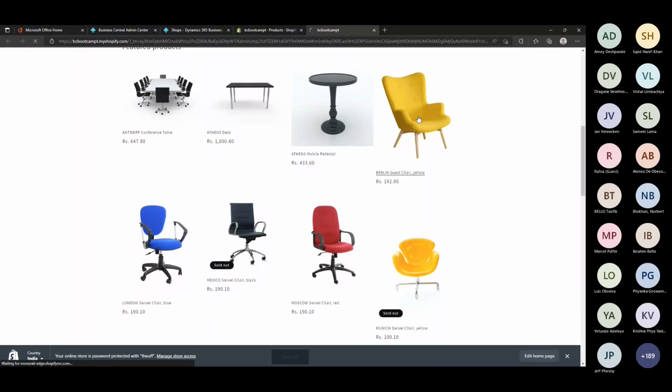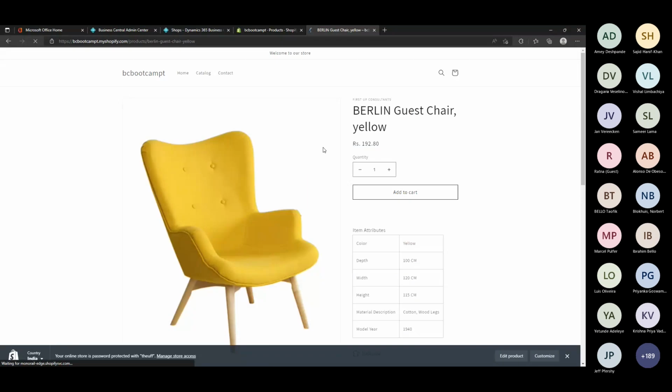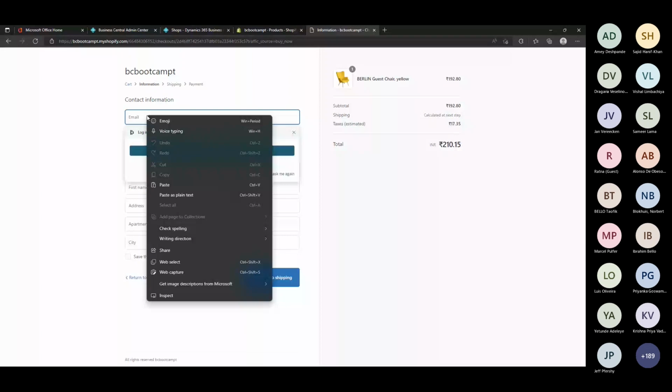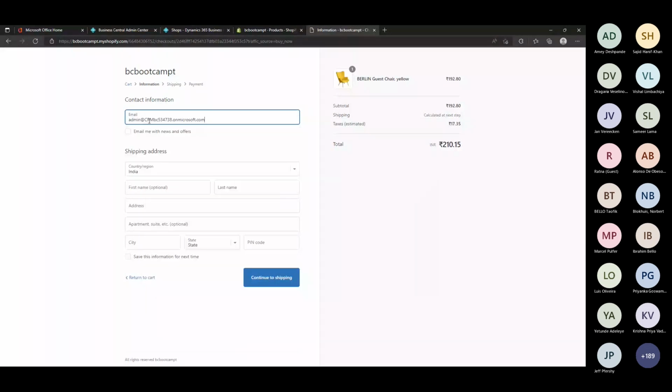Okay, so I like this item and I want to buy this one. So I will click buy it now. Okay, and then we have to provide the email account. So let's say I'm using the email account that I used to log in. So let me paste it. Yeah, so this is the account that I used to log in. So I'm using that same